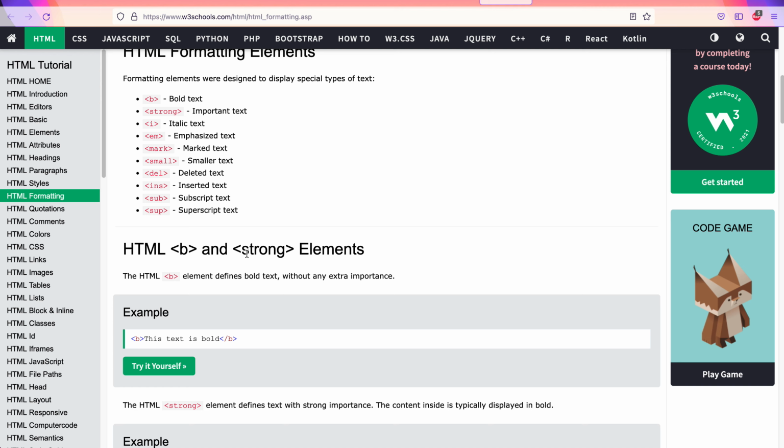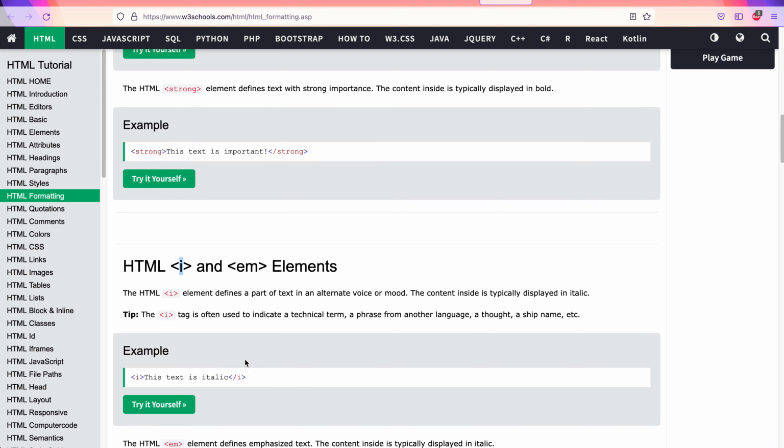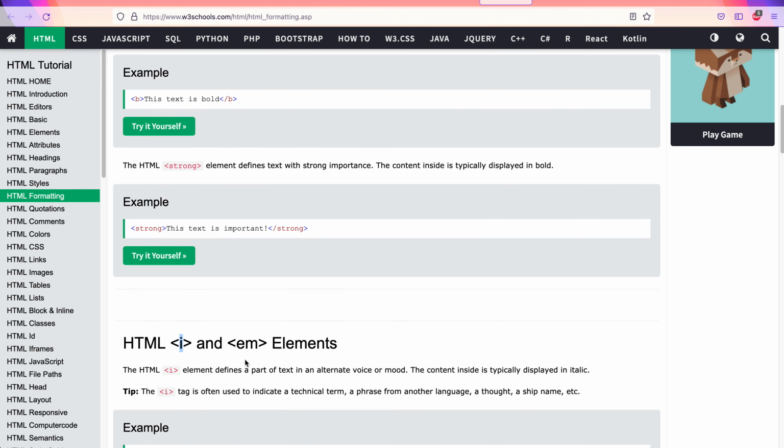Strong is the same as bold, semantically speaking. Likewise, em, standing for emphasis, is the same as the I tag, again technically speaking. Why do I say technically speaking?